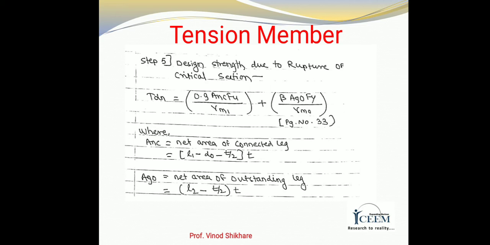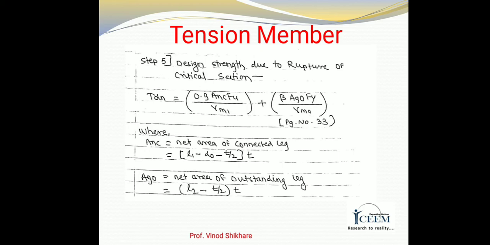The formula of design strength due to rupture is given on page number 33 of IS 800, where ANC is the net area of connected leg